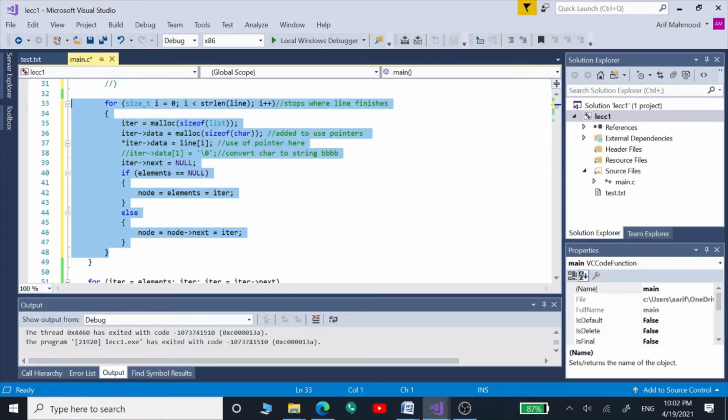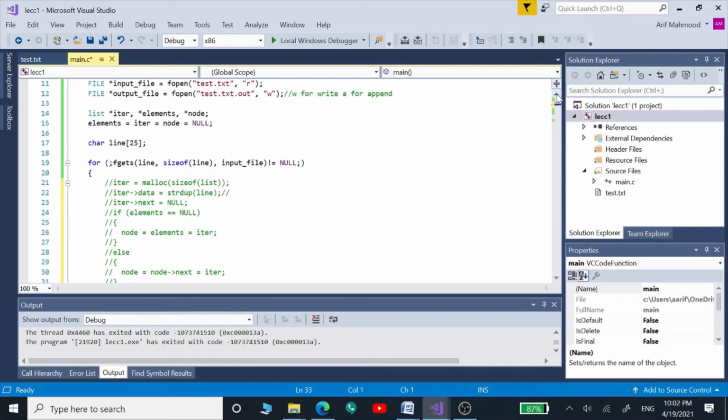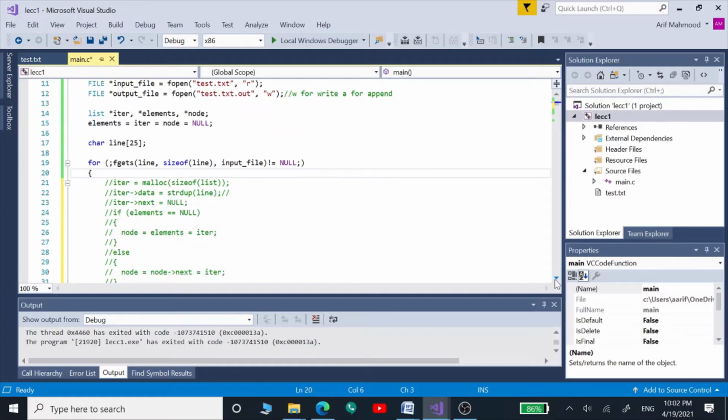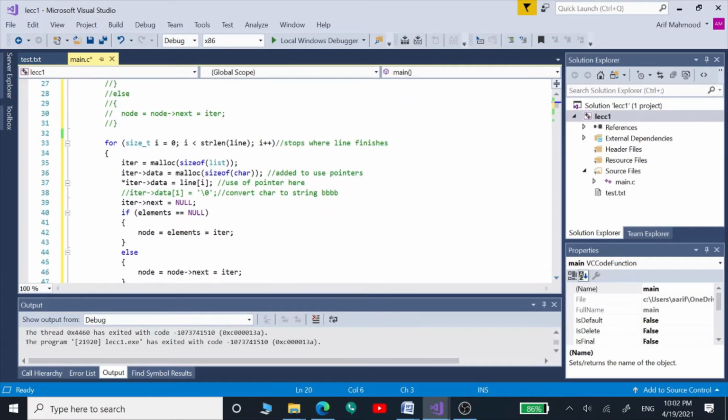So this is our first for loop, and after that we are going to define another for loop, and this for loop is going to scroll through each string and separate those strings into characters.